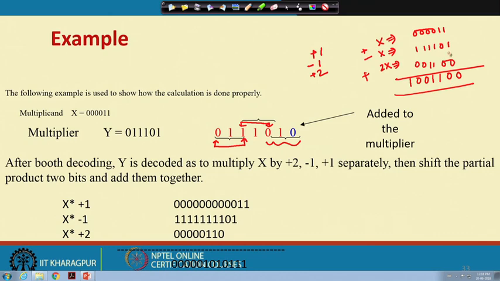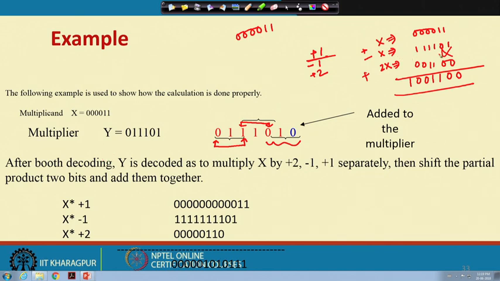Okay, sorry. This is not something like this. Actually, I forgot that I have to do this shifting operation too. So, at this first position, this is 0 0 0 0 1 1. Whenever I am considering this, at that time I have to do a 2 bit shift, because we are using 3 bit recoding, right.